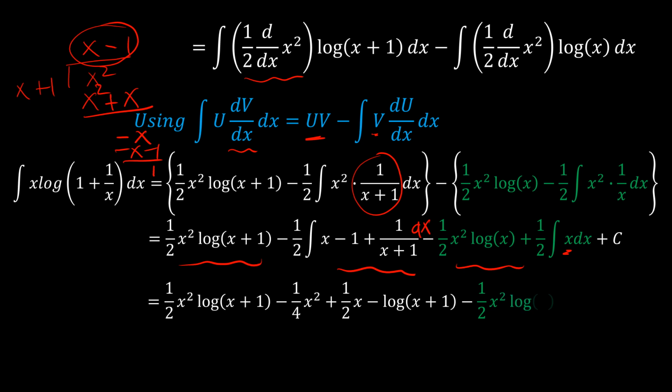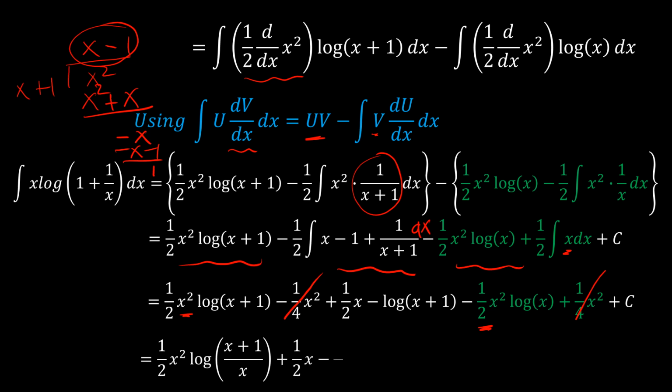And then the integral of 1 over x plus 1 is natural logarithm of x plus 1, keeping the negative and this positive under consideration, becomes negative log x plus 1. And then obviously here it remains as it is, and here integral of x is the same as x squared over 2 times a half, so it becomes a quarter x squared. So we'll see that this and this will cancel because they have opposite signs, and then we can now merge this part and this part, and so that becomes now half x squared log x plus 1 minus log x,